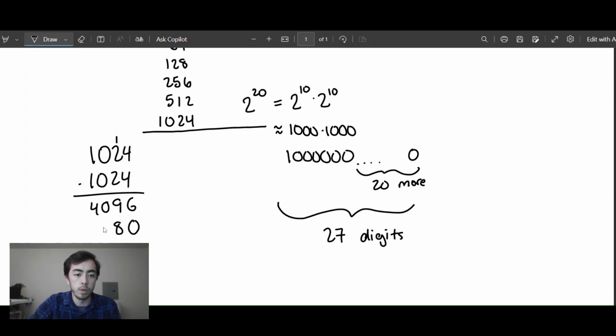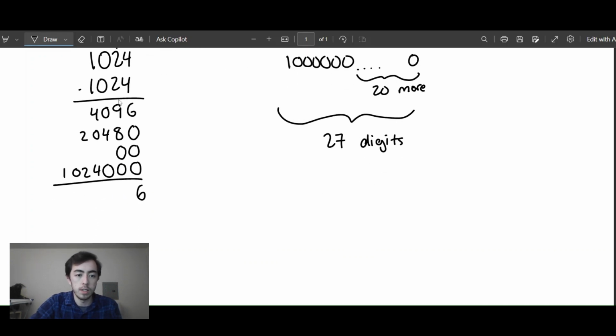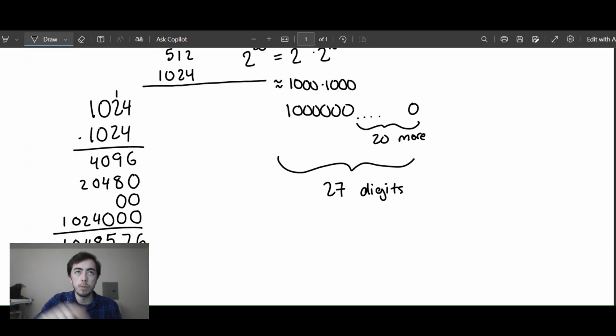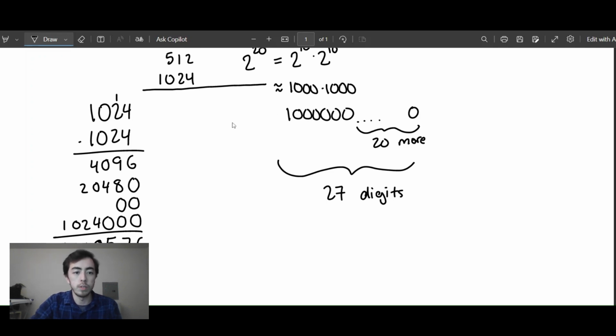So I have 8402. Placeholder 0 for this guy. I will have nothing in this hundreds place, so I'll skip over it. And then 3 placeholder zeros for my 1,000, and that's just going to be the same number, 1,024. And then so adding up all my digits, I have a 6 in the ones place. This is a 17, carrying the 1 gives me a 5 in my hundreds place. 8, 4, 0, 1. And so like I was thinking, 2 to the power of 10, which is 1,024, multiplied